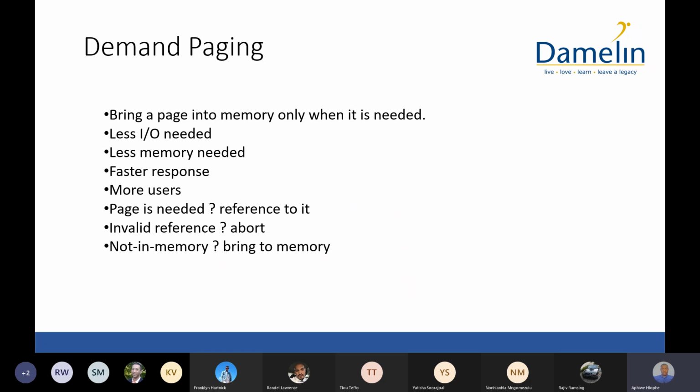Demand paging brings a page into memory only when it is needed, which ensures less input/output, less memory needed, and faster response. Now we have instances where a process has certain pages missing, and if a reference to those pages is made, then the CPU will trigger